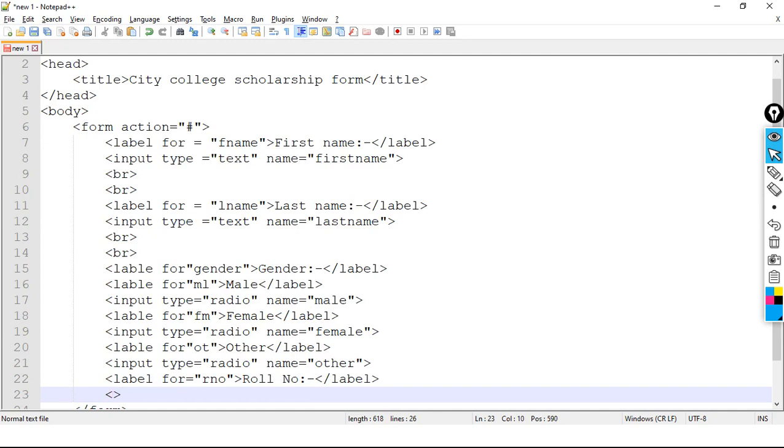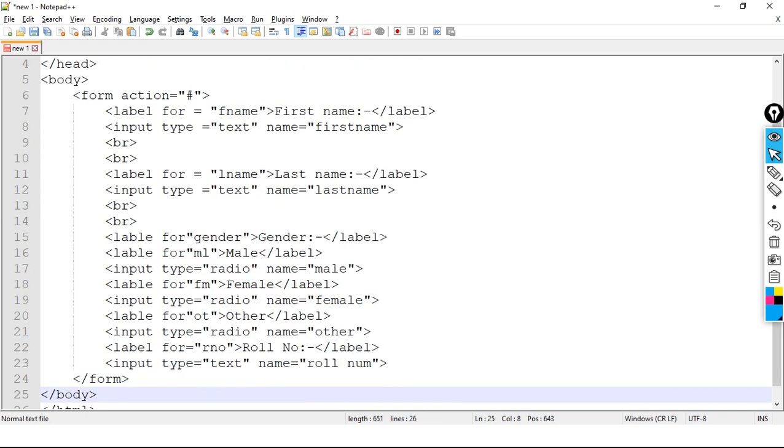For that reason I will take input type equals text. Okay, input type equals text, and the name of the input is rollnumber.